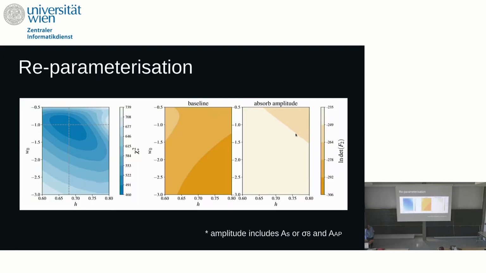And this is an illustrative plot that shows you the different contributions for the profile likelihood term and this Laplacian term. As you can see, while the profile likelihood is exactly centered on the best fits or input parameters, in this case, because this is synthetic data, this Laplacian term has actually a weird shape, and it drives the posterior towards high value of H and low value of W0. But if we absorb the amplitudes, then this becomes roughly independent. And our posterior will be shifted back to basically this one.